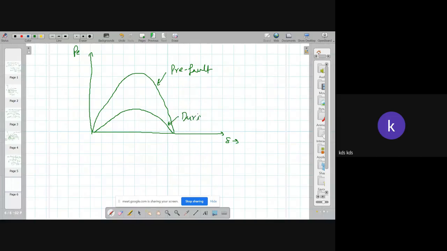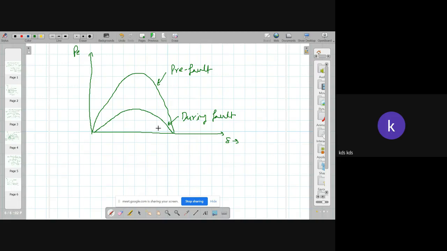So this is pre-fault, and during fault is least. This is the during fault. Because whenever there happens to be a fault, most of the power goes to the fault point. Very little power is given to the infinite bus, to the load. In the previous case, you saw that the during-fault value is just 0. Here there is some value of the power transferred to the infinite bus during fault, because the location is different.